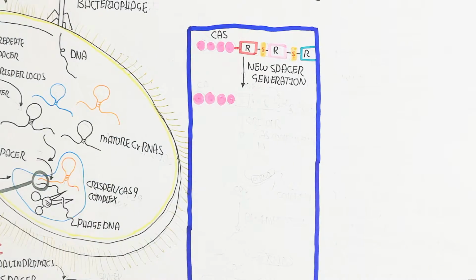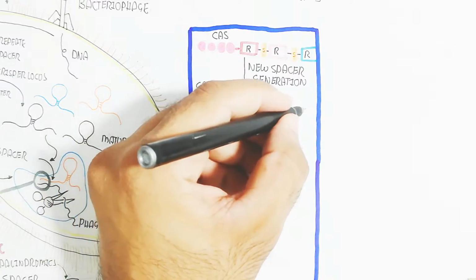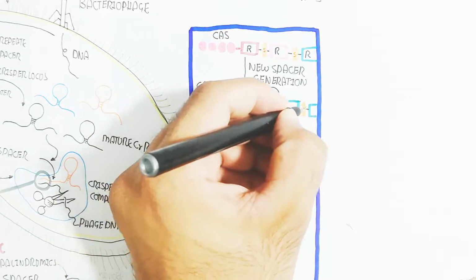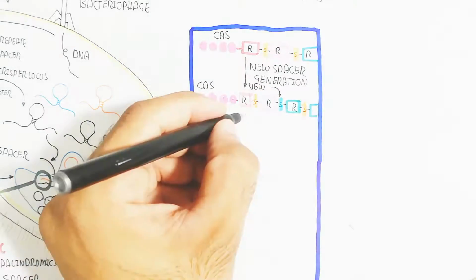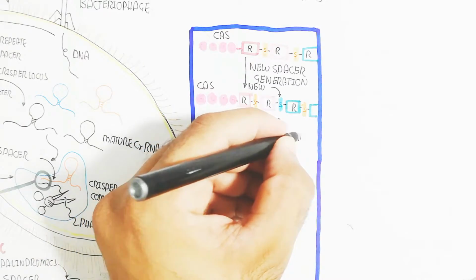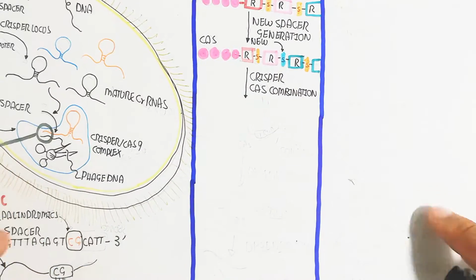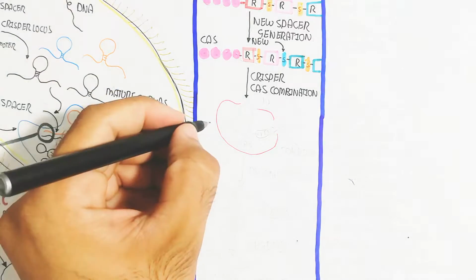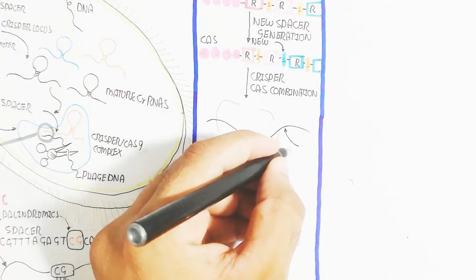So different types of repeats, and the spacer is also different. The repeat is the same, you can understand. So remember, in this way, here is the Cas9 gene, and the new spacer can be added. After the new spacer is added, for example, the bacteriophage containing DNA, after binding the CRISPR-Cas combination,